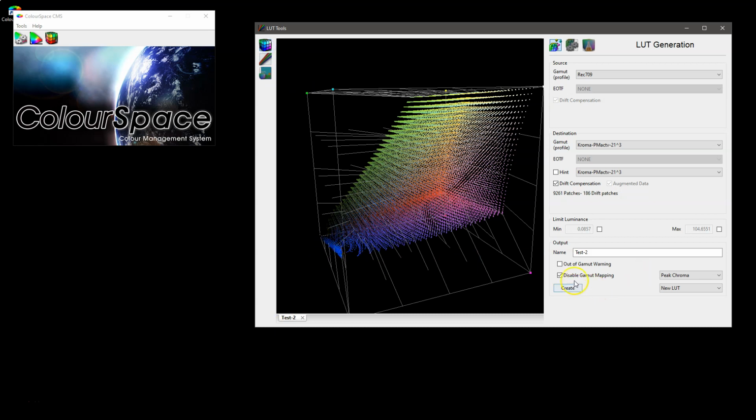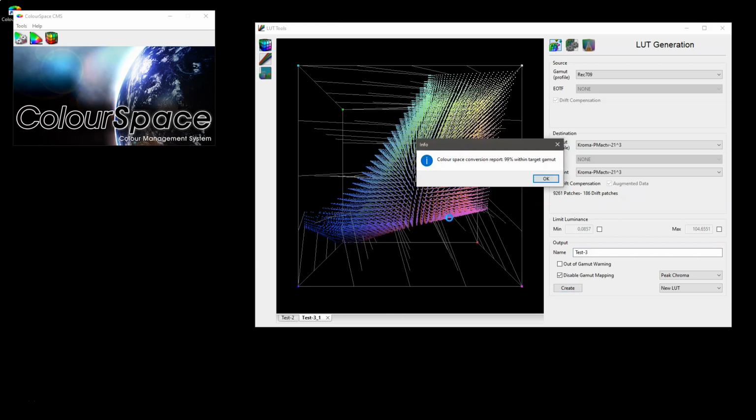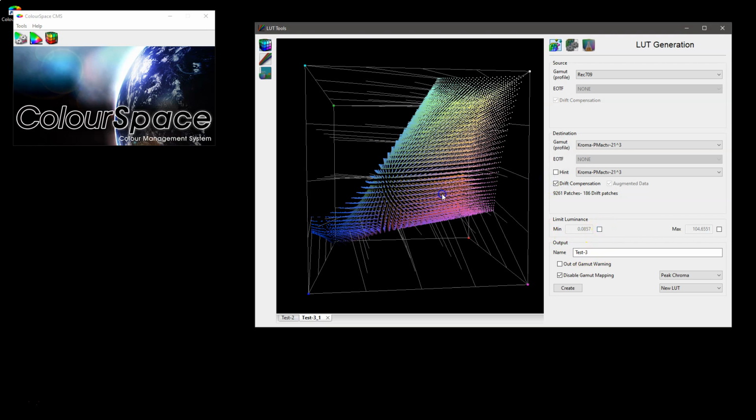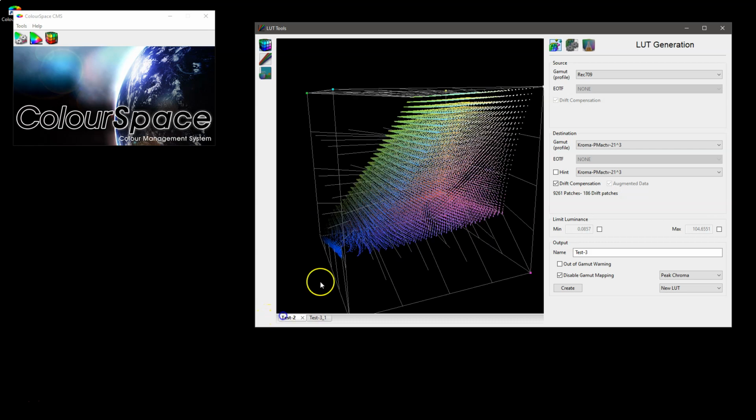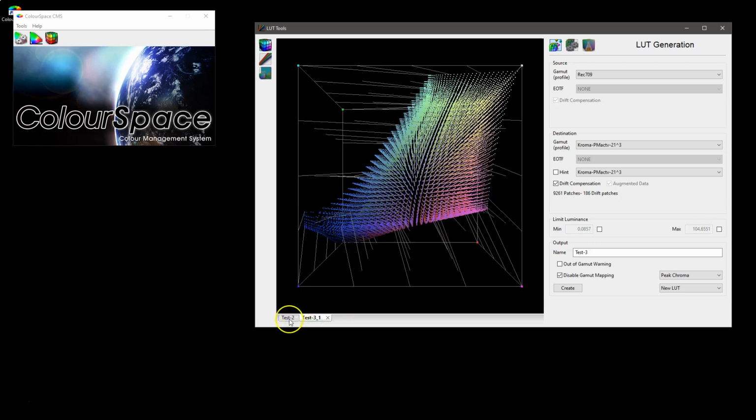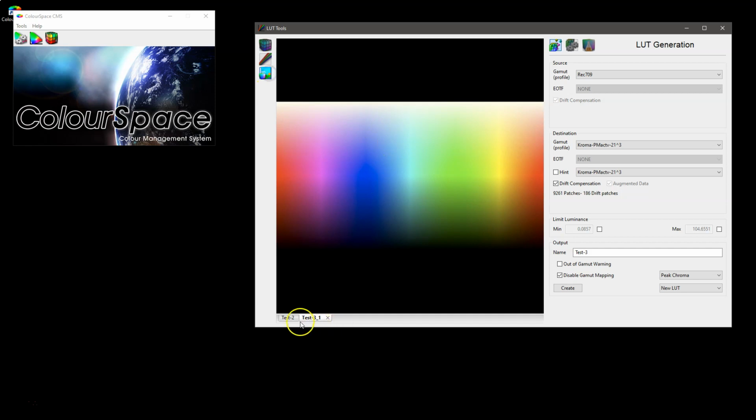clipping of the blue. So if we disable gamut mapping and run another LUT generation, test 3, we'll use Peak Chroma again, create. This time it will create very quickly because there's a lot less processing going on in trying to work out the best processing to use for the gamut mapping. And there we go, still 99% coverage because nothing has changed there. But we do now have, if we center both LUTs, a little difference in the result. And if we look at the Granger image, zoom down, you can see the gamut mapping occurring, no gamut mapping,